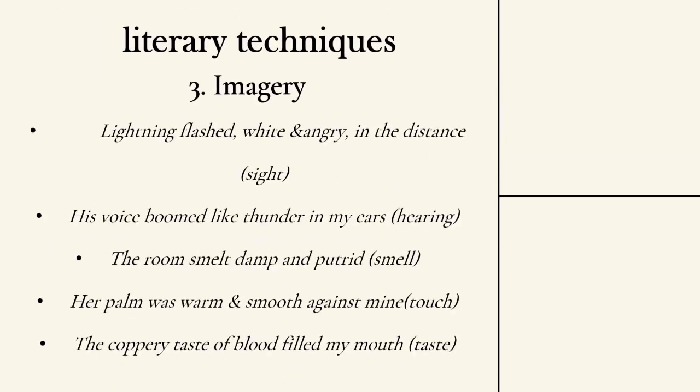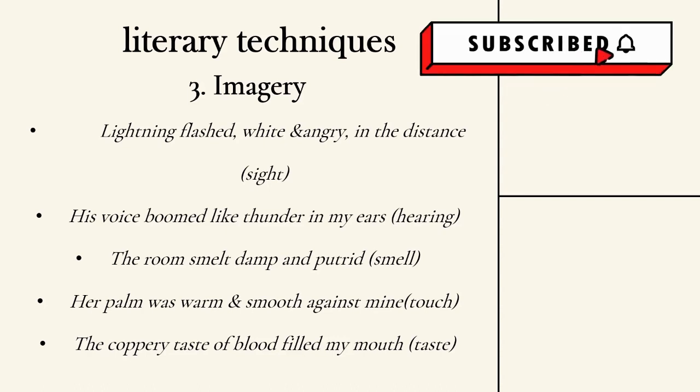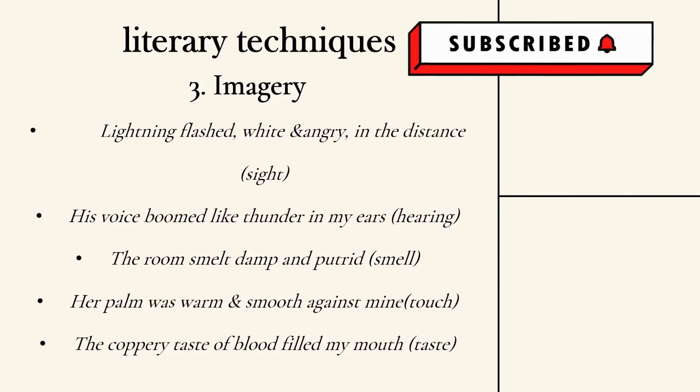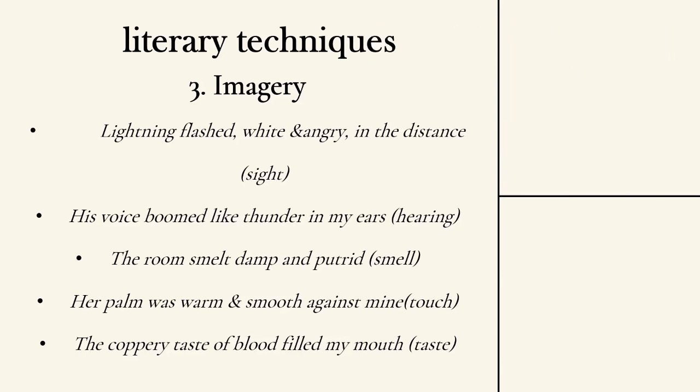Okay, so the next literary technique we're talking about is imagery. Okay, and imagery is basically the use of figurative writing or figurative language to create a visual representation of what you're saying for the reader, or to describe something using the senses. Okay, using the 5 senses. Okay, and I want you to know that good writers use imagery